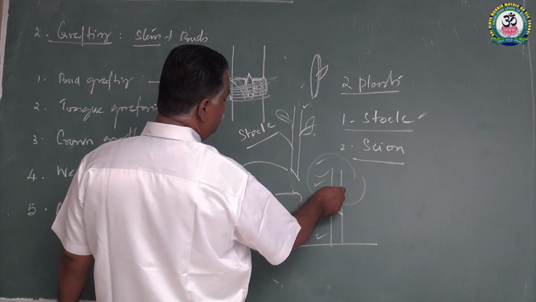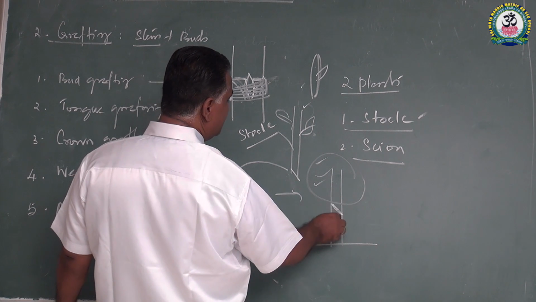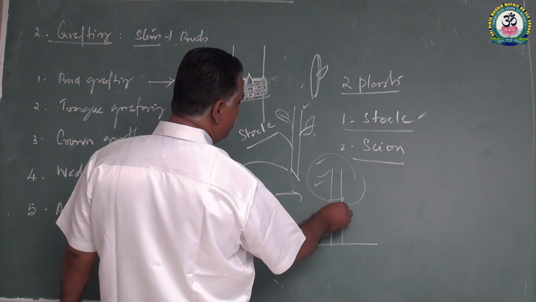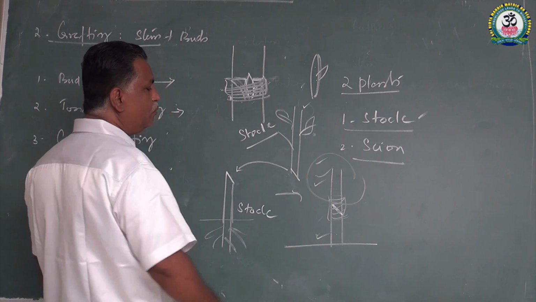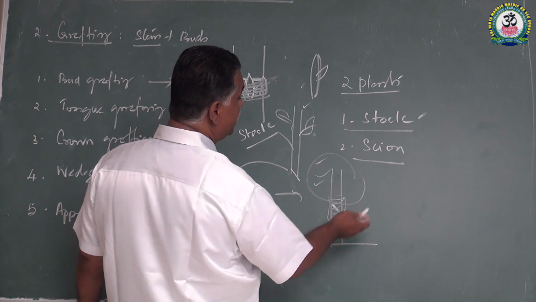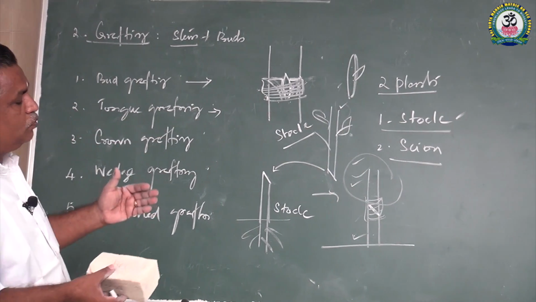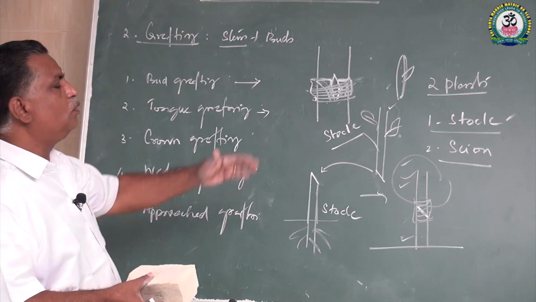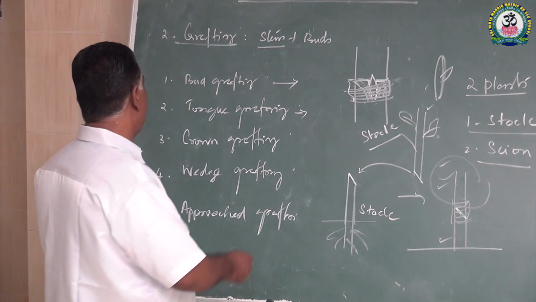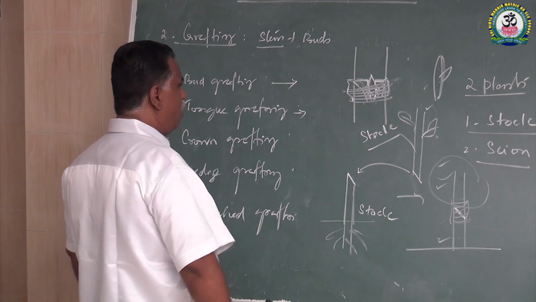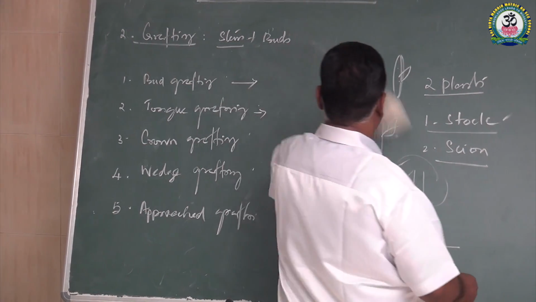So where two plants are brought together, they are covered with tape or polythene paper like this. It is left for some time. After some time, these two plants will make vascular connectivity between them, and they will grow into a single plant. Next, we'll take approach